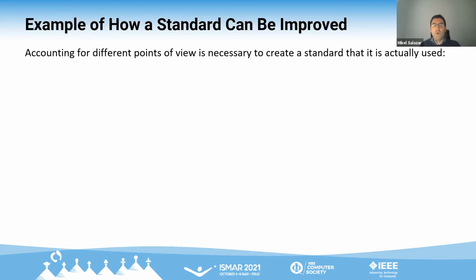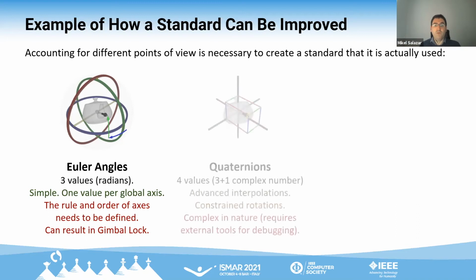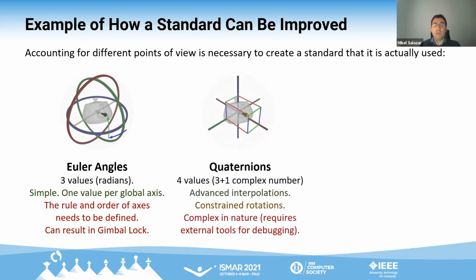But if you are wondering why there are two versions of the basic GeoPose form, well, this is a good example of why it is so important to have different points of view when defining a standard. Because initially, Euler angles were considered to easily define the orientation of entities within the GeoPose standard. However, specifying the names of the axes, the left and right hand rules, and the order in which each rotation should be applied resulted in all kinds of problems. For this reason, the standardization group decided to instead use quaternions to define the orientation, due to the different types of interpolation that they allow.